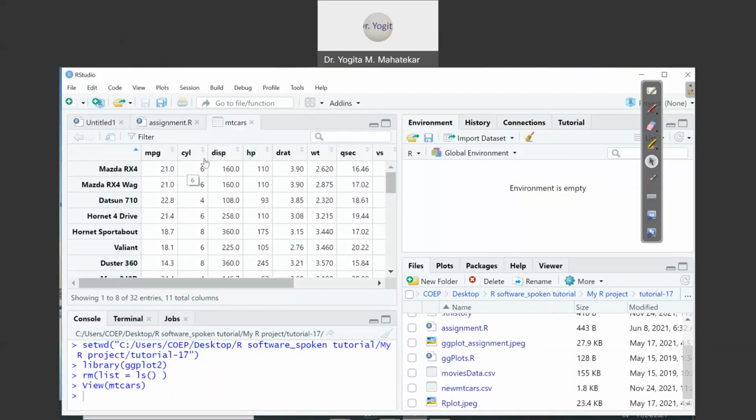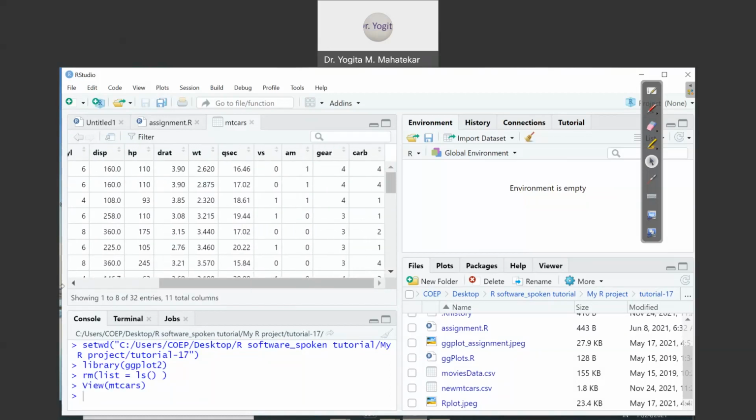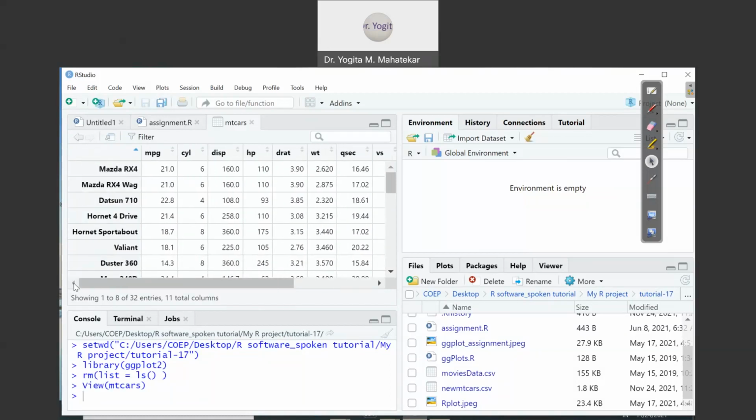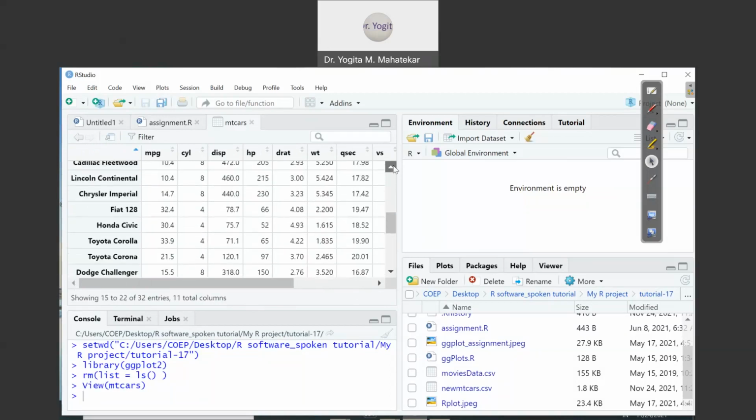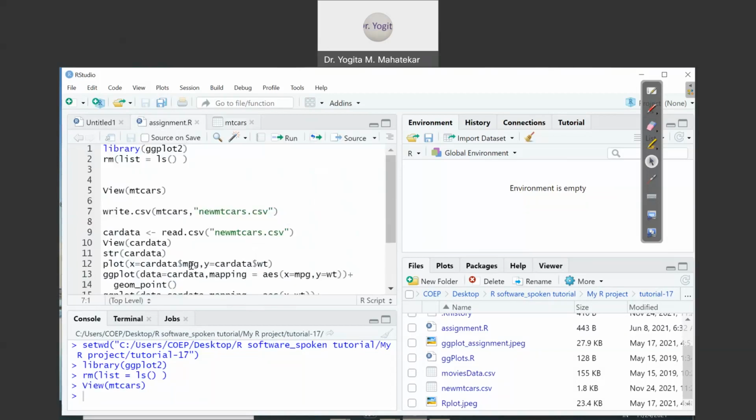So mpg, cyl, hp, drat, all those variables with respect to the mtcars data frame have numerical recorded values. If you want to see the dimension, you can insert the command dim, inside the round bracket mtcars, so that you can see how many rows and how many columns there are. write.csv, mtcars, comma, new_mtcars.csv.